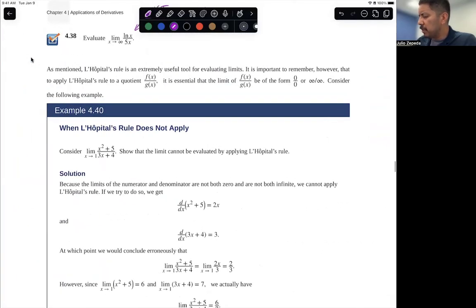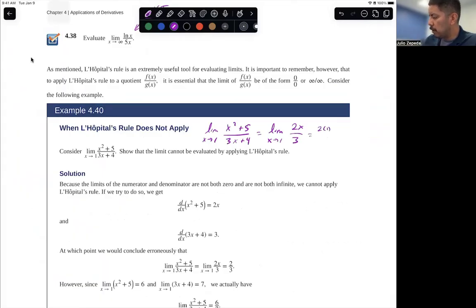So sometimes students will see a limit like this, the limit as x approaches 1 of x squared plus 5 over 3x plus 4, and just say, okay, I'm going to use L'Hopital's rule. I'm just going to take the derivative of the top and the derivative of the bottom. So that's 2x divided by 3. And if I do direct substitution now, I get 2 times 1 over 3, or 2/3. But this is not correct. The mistake is here in assuming that you could apply L'Hopital's rule,